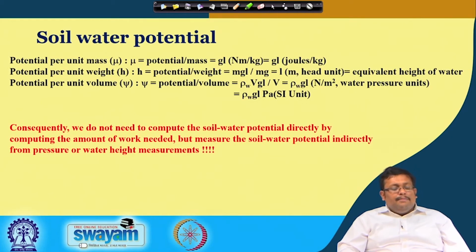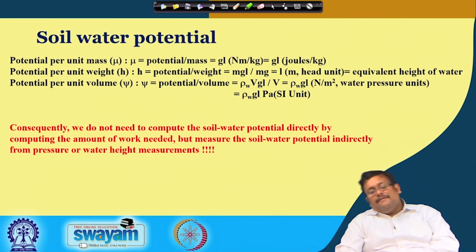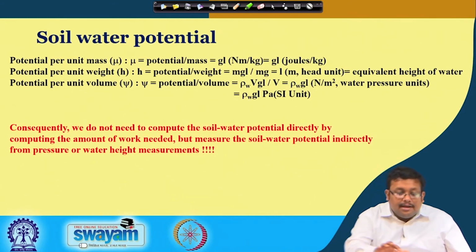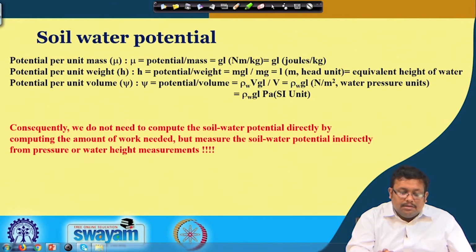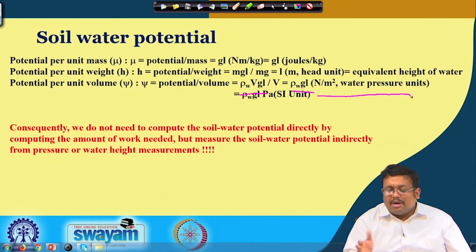And finally, and most importantly, potential per unit volume. We will be using this potential per unit volume the most, and we generally denote this as psi. It is basically the multiplication of rho w G L and division by V. So, we are getting rho w G L, and it is Newton per meter square, which is the water pressure units, and the equivalent SI unit is called Pascal,